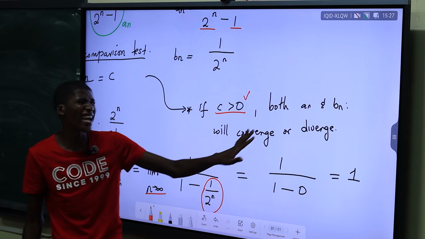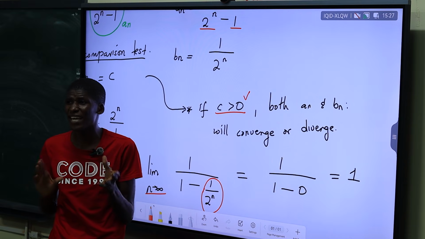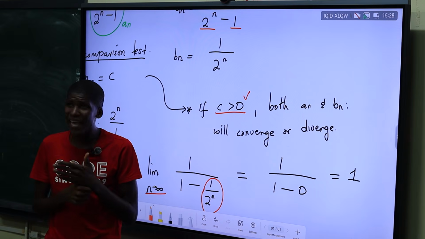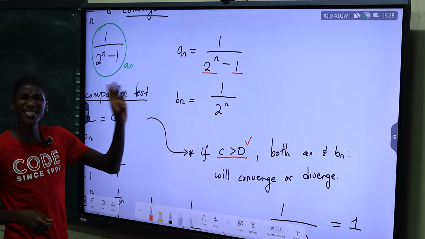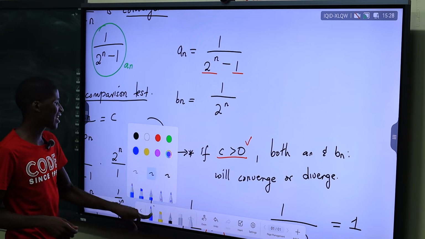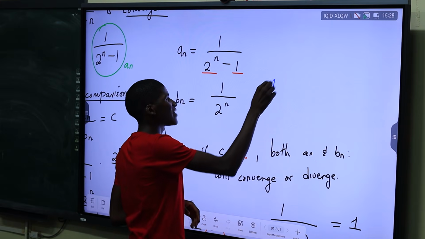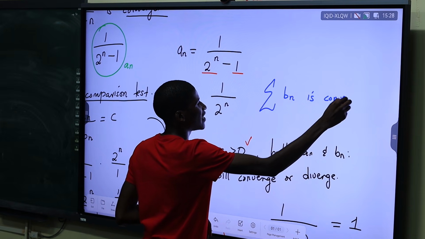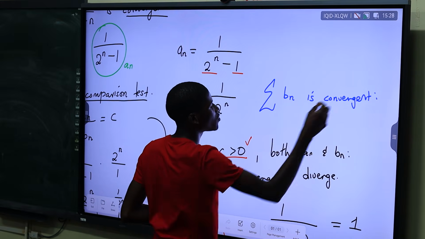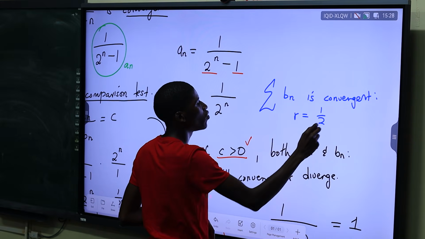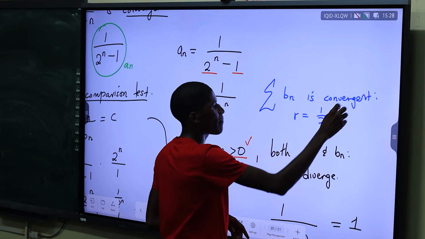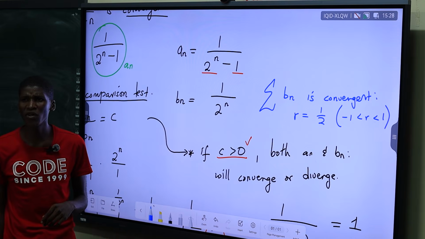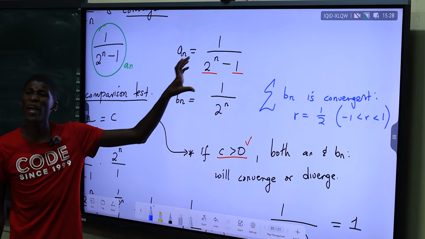Asibukeni ukuthi ayikho yini esingayithola between an no bn, convergence no divergence. Ikhona ngisho. Sesiyitholile already, which is ubani? UBN. We found out that UBN is a geometric series, right? And the geometric series that is formed from UBN would give us a convergent sum. Sesikuprovile lokho because we found out ukuthi the ratio is 1/2. Angisho, which is a number between ubani, u1 no -1. Sayabona leyo nto angisho. So we already know u-Bn wethu kanjani uya-converge.